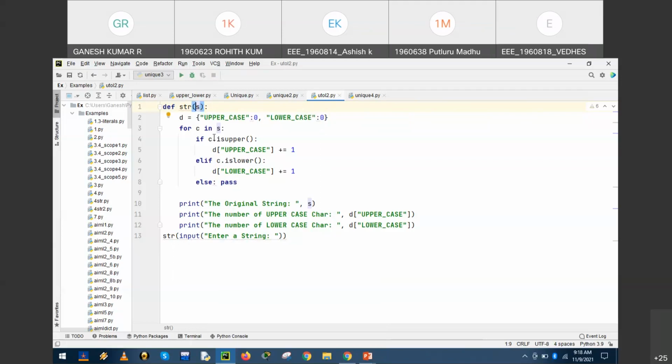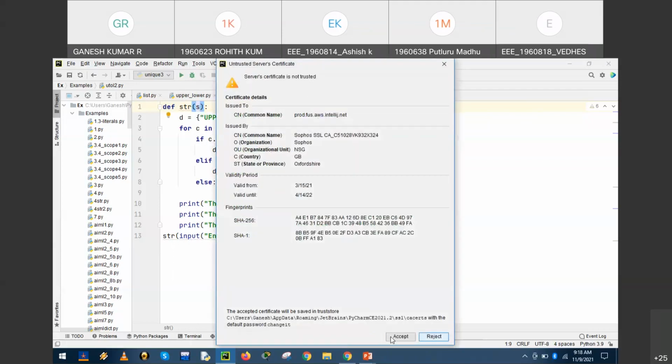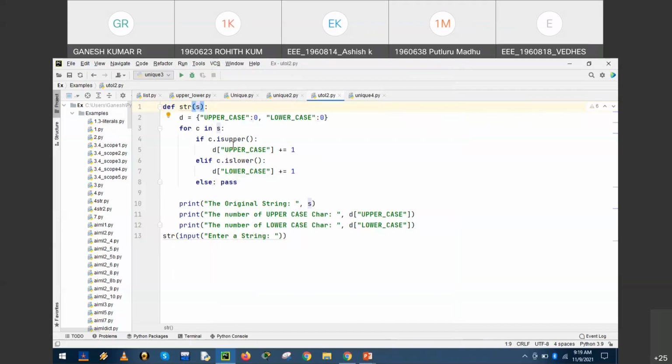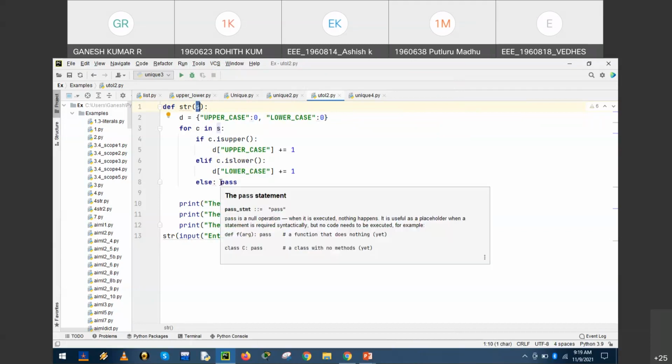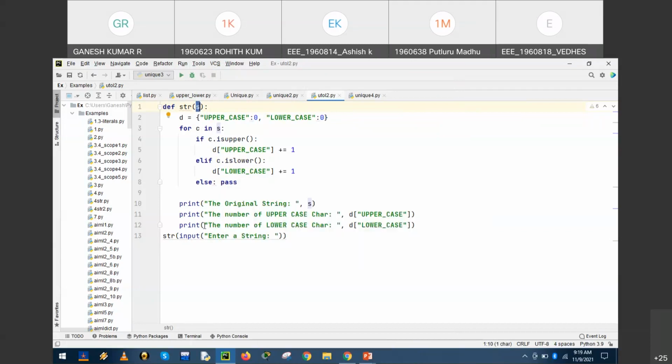So c, for every character in the string, the parameter, either upper or lower, they are checked and incremented accordingly. At the end, the last character by default will be a blank space. Then it is ignored. The function just stops after the last character.